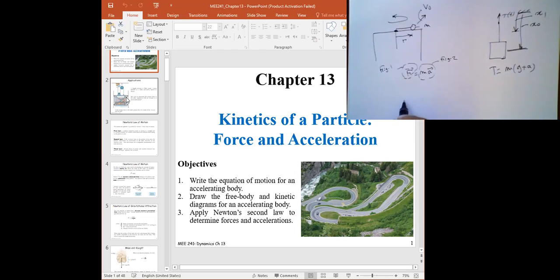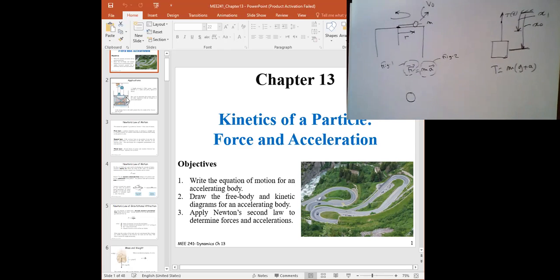How can I do a free body diagram here? There's the mass and the tension in the cable. The mass is not, so we have to say force of gravity. So mg will be at the center of gravity of this object, which is the center. So this is mg. By virtue of existing on the surface of Earth, we all have this mg applied at our center of gravity. That's one thing.